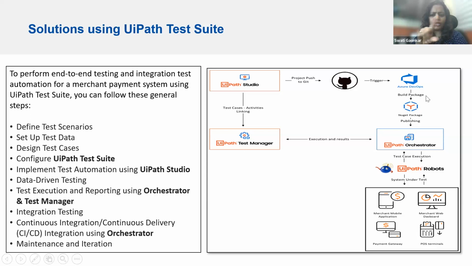This is the general diagram where you can see the integration. You can see how test execution is done, how the robots are getting executed, how the Test Manager is linked, and how we are pulling the test cases from the Test Manager. And on Orchestrator we are executing or scheduling the test cases. After test case